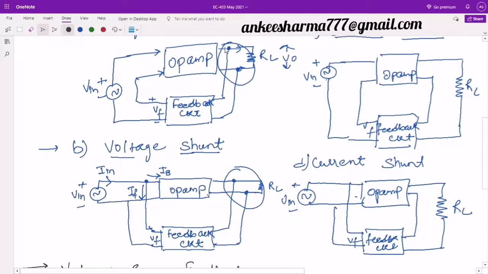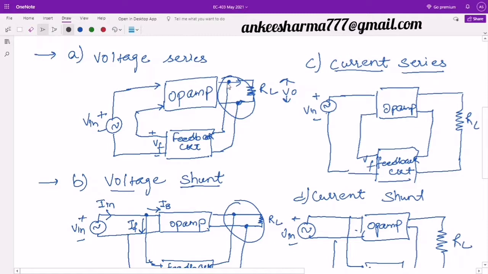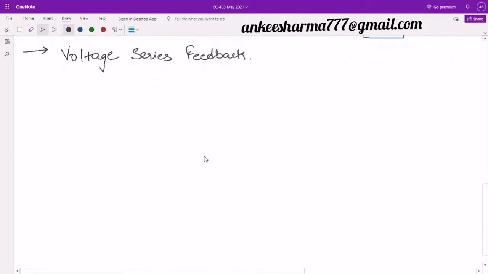In this case, I have just discussed that voltage series is nothing but the output is taken in parallel and sent back in series. But I have used here the blocks for the op-amp and the feedback circuit. Now I will draw these complete blocks. For an operational amplifier, we have this symbol, and you know there are two terminals, positive and negative. If I draw the biasing voltages also, you will have plus VCC and minus VEE. This is my output over here, and we have two inputs, non-inverting and inverting terminals.